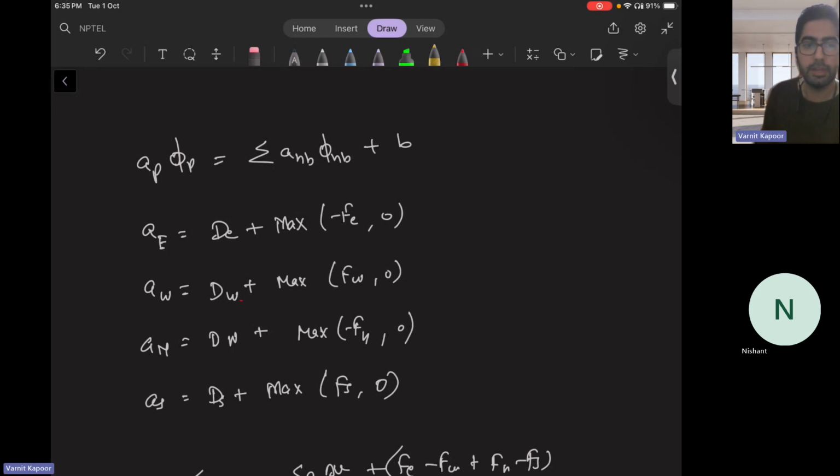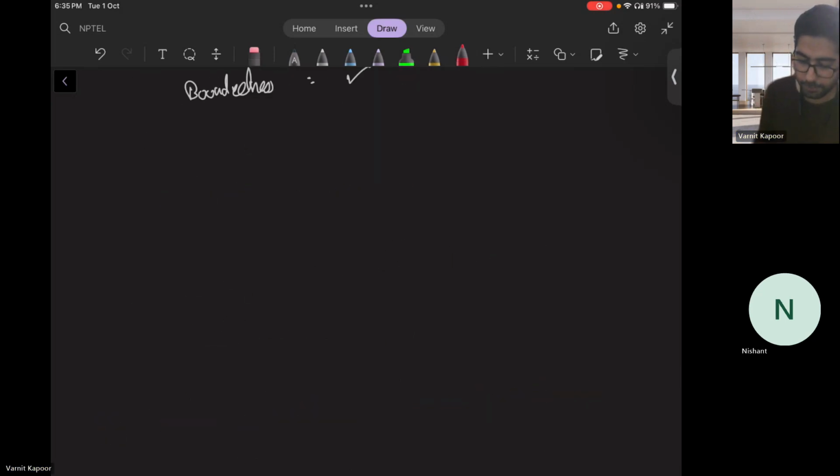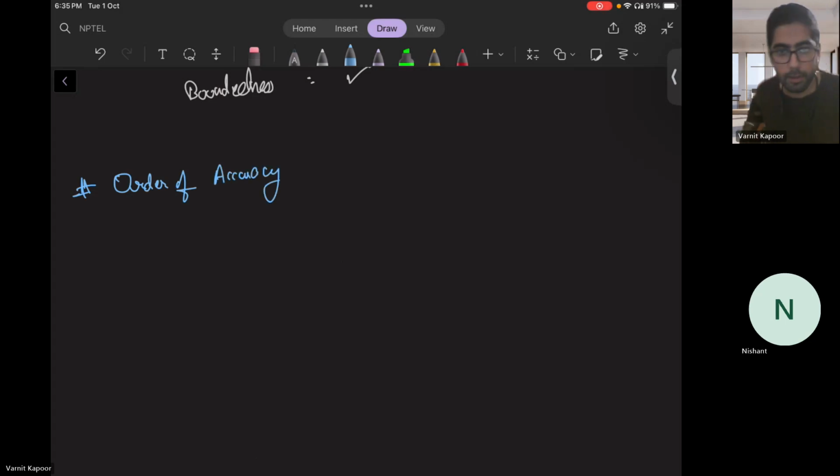We have looked at their properties and how to implement them in a particular code to create an algorithm. Now we'll come to the order of accuracy of CDS